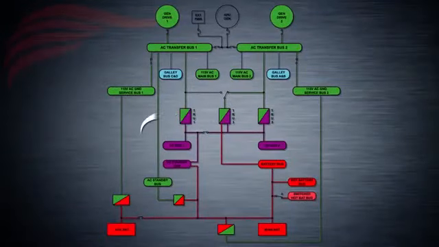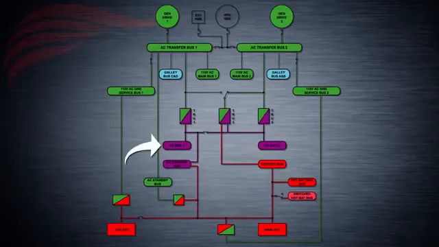TRU1 gets power from the AC transfer bus 1 and connects directly to the DC bus 1. TRU2 gets power from the AC transfer bus 2 and connects directly to the DC bus 2. TRU3 gets power from the AC transfer bus 2 and provides a power source for the battery bus. If power from the AC transfer bus 2 is lost, AC transfer bus 1 may supply backup power to TRU3